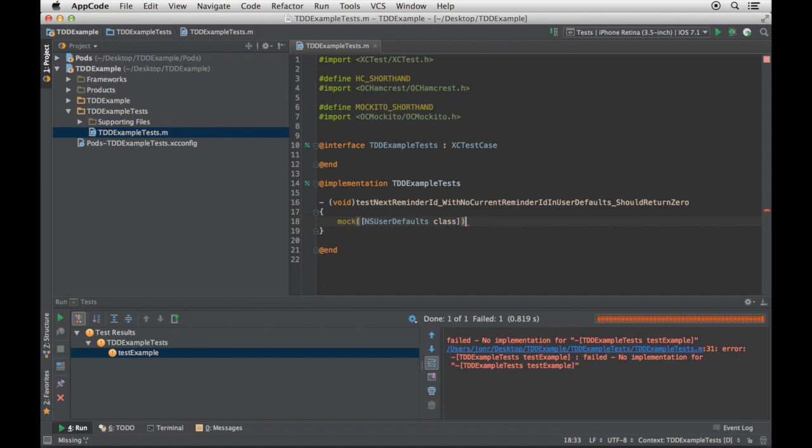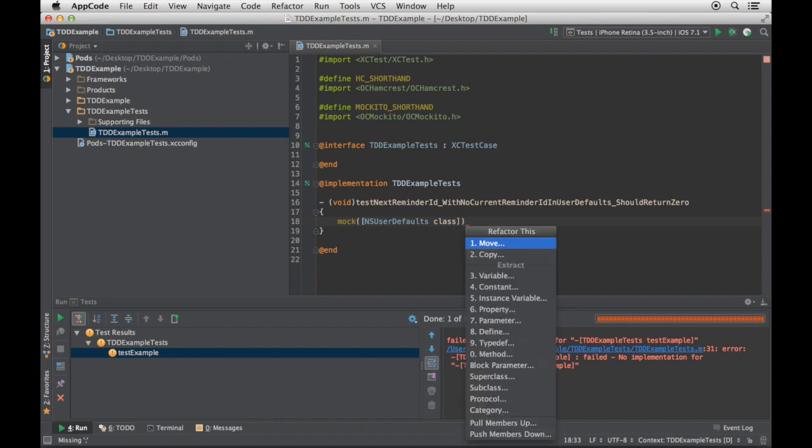Now I want to assign this to a variable. There's a shortcut, but I'm going to bring up Control T to show you the wonderful refactoring menu. Look at these refactorings, way more powerful than Xcode on this front. And in this case, I want to extract a variable. Normally, I would do this with a single keyboard shortcut, but I'm going the long way to show you.